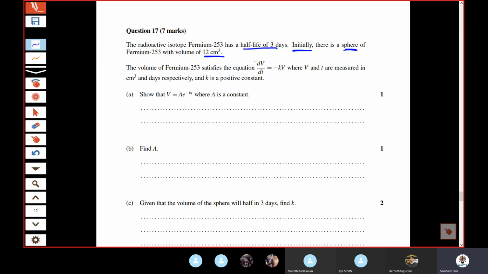The volume satisfies this equation, dV on dt equals negative kV, which we know must be the case for exponential growth and decay questions that we've done. That must be the case. And then it always says, show that V equals A e to the negative kt, where A is a constant. The way you're going to do that is